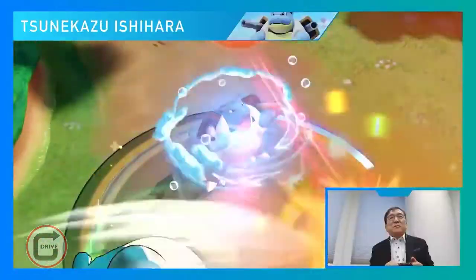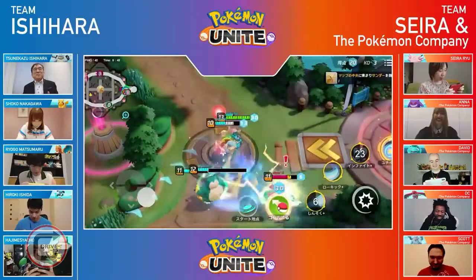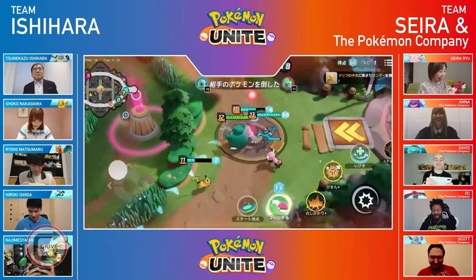And here is Snorlax with the Unite move and Blastoise unleashing a Unite move of its own. They are overwhelming that Venusaur. Now, can Team Ishihara do...